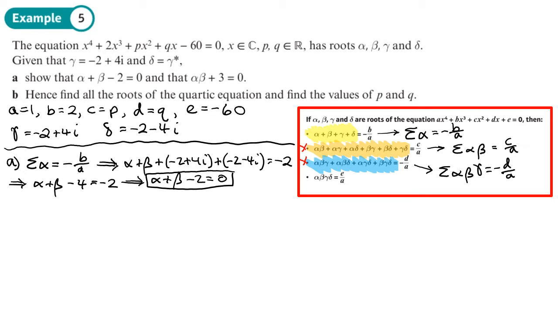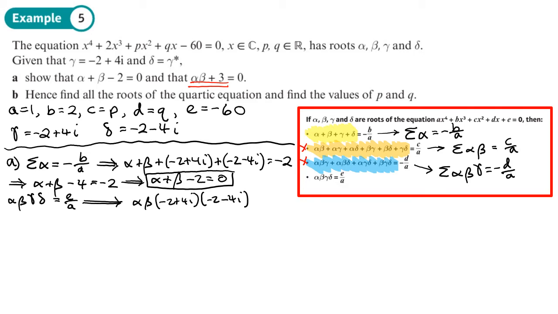Now if I look at the second expression, which I'm trying to prove, I have to use the bottom expression for the reason I said above. I've got E, I've got A, but I haven't got D or C. So we're going to use the bottom expression. So the bottom expression is that alpha, beta, gamma, delta is equal to E over A. So what exactly is that? It's going to be alpha, beta times gamma, negative 2 plus 4i, times negative 2 minus 4i